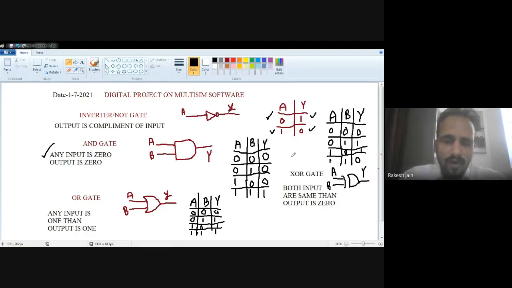Now, I want to check these 4 logic gates, but such that at a time I select from my choice which gate output I want to check. The project which I will make will check these logic gates according to my choice. If I want to check only the AND gate, I just press a particular combination of keys. Automatically, the circuit will show you the output of the AND gate.